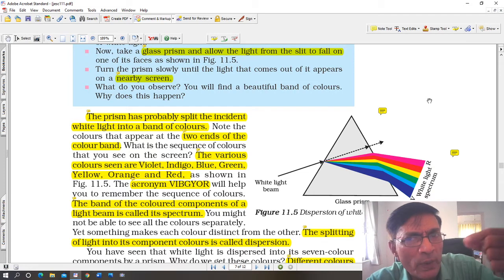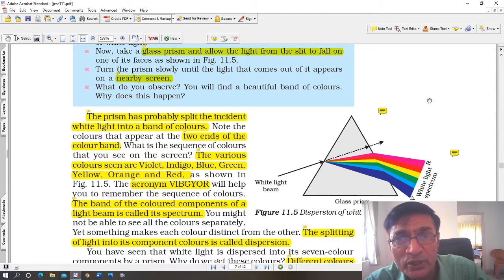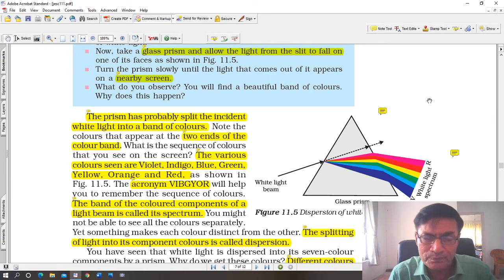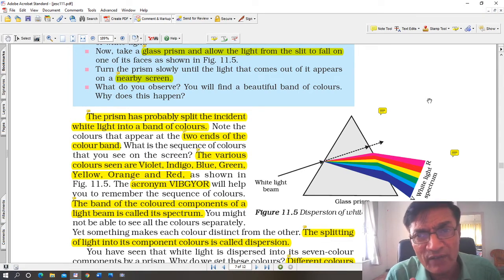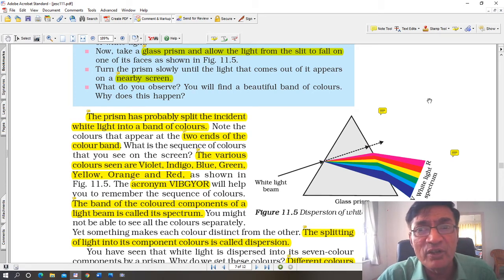Now this prism, from one side, if you take a cardboard, through the cardboard you make a slit or a hole so that sunlight can pass through that hole, and allow that light to fall on the prism. Then that sunlight, which is actually polychromatic, with many colors, will pass through the prism. But when it passes through the prism, different colors of light bend at different angles. Why? Because different colors of light travel at different speeds. Now this is the most important point. Why is the bending occurring at different levels?